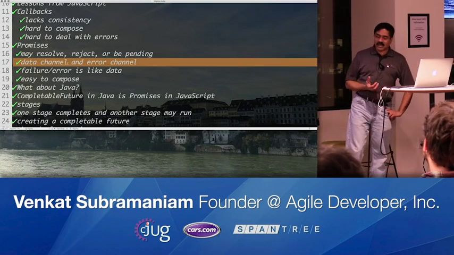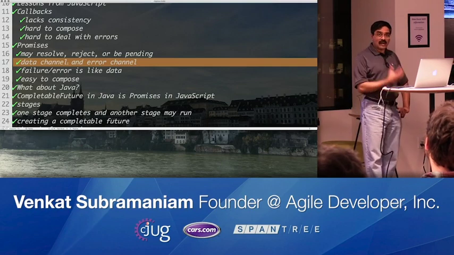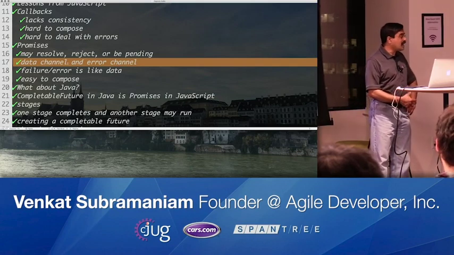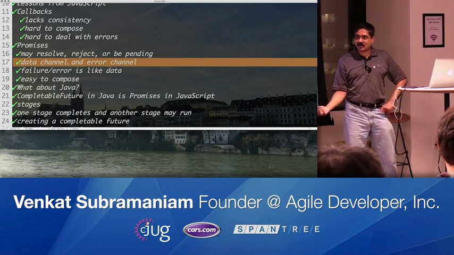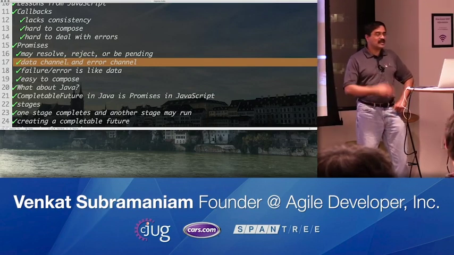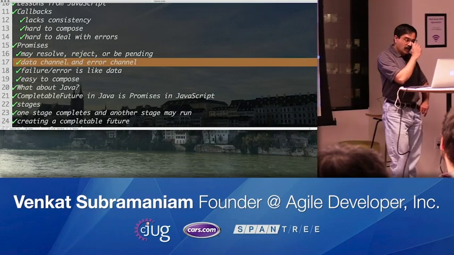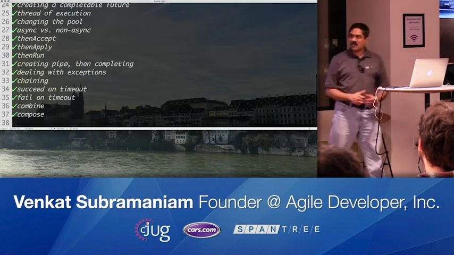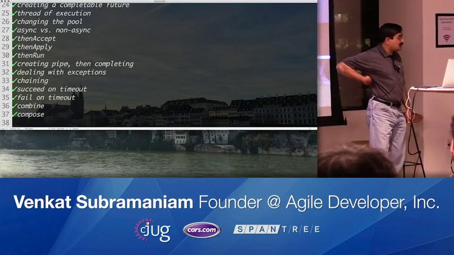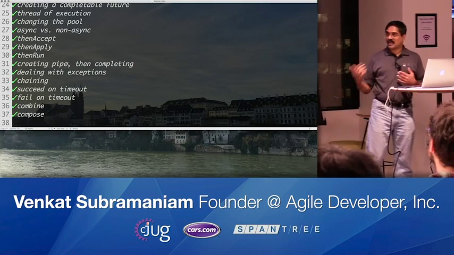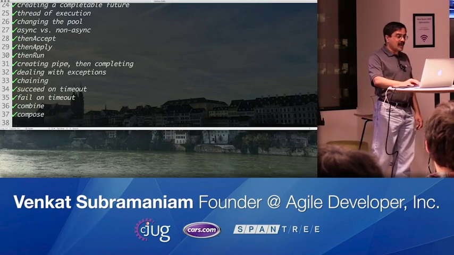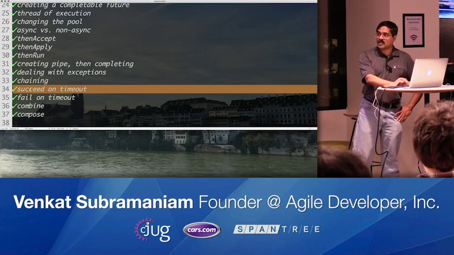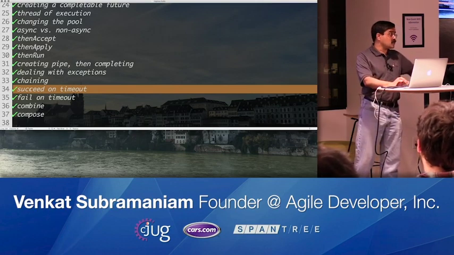You can also combine multiple CompletableFutures using combine. You can take the result of an asynchronous operation and perform yet another asynchronous operation. In that case, you use compose and not combine, and you can build on that as well. And of course, we saw how we can deal with exceptions. You can generate exceptions to reject a promise, or you can resolve it by using complete. Keep in mind, always use timeout. Whether you succeed on timeout or fail on timeout, either one we should always set up. Never do asynchronous operations without it, please.